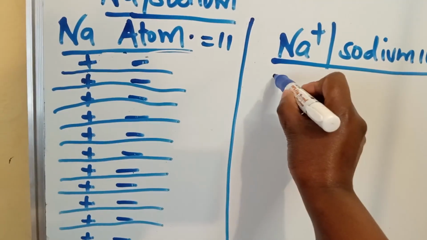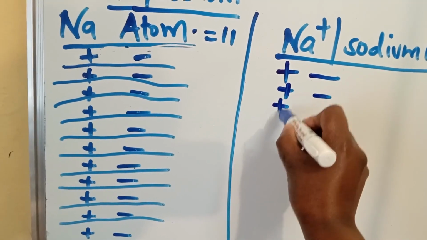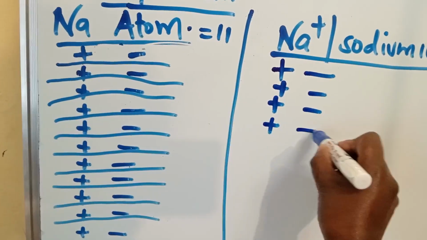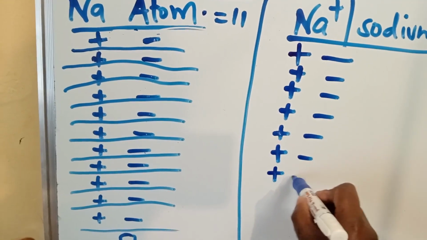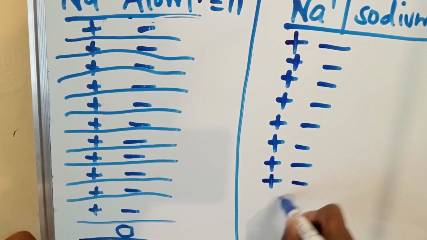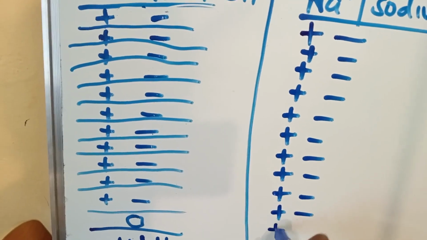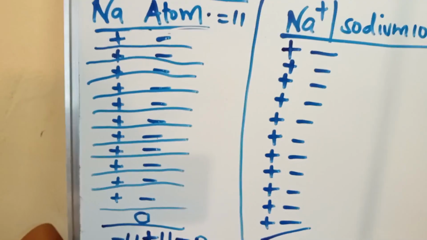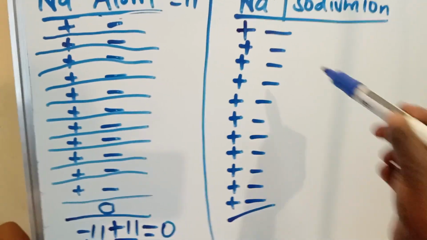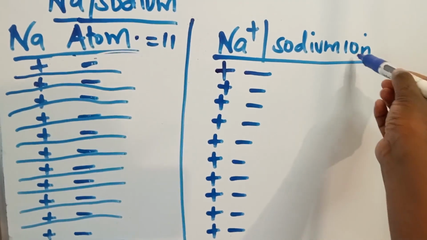So we begin again. 1, 2, 3, 4, 5, 6, 7, 8, 9, 10, 11. So up to that point, it looks like whatever we had for the sodium atom. But now for this case, remember, we are forming an ion